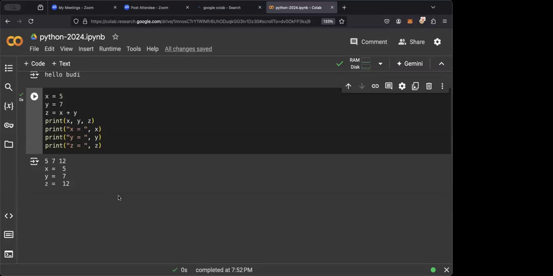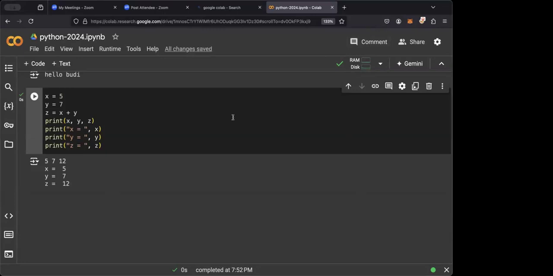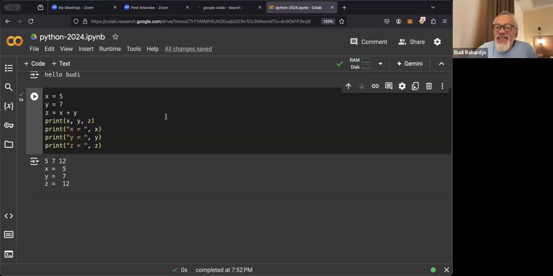But the difficult part is how we put that kind of variable into something like this. The example you just made, Pak: the first one with X, Y, Z, and then Z becomes the sum of X and Y, and then you change it again. Okay, yeah, this is interesting.